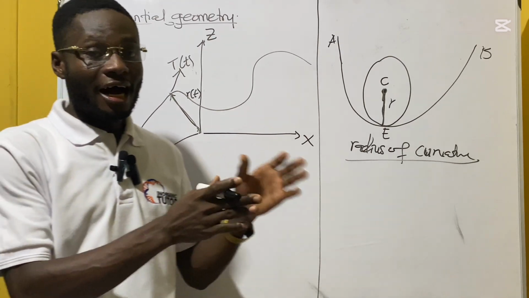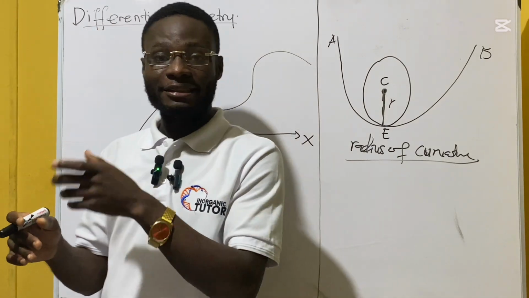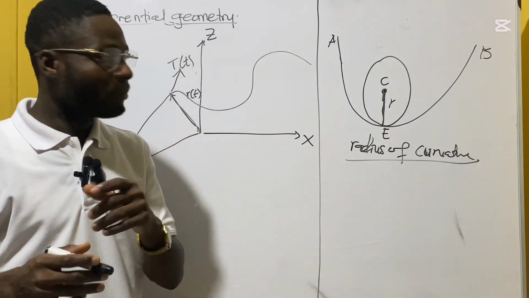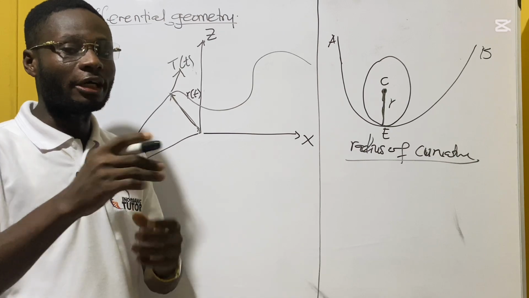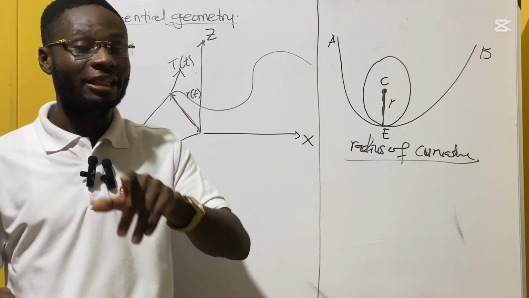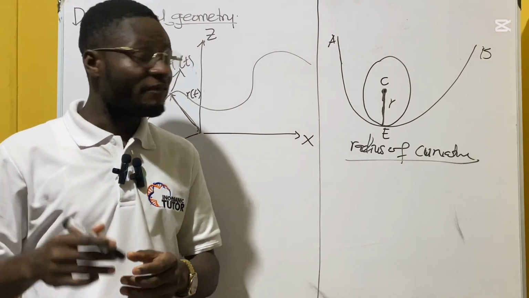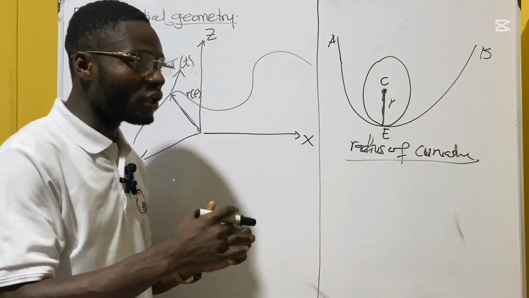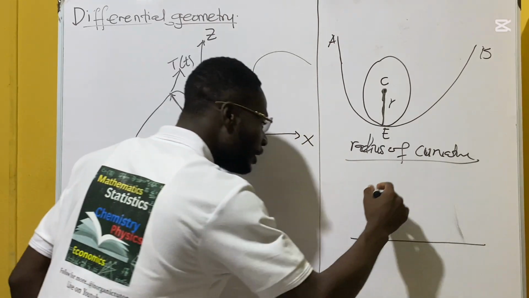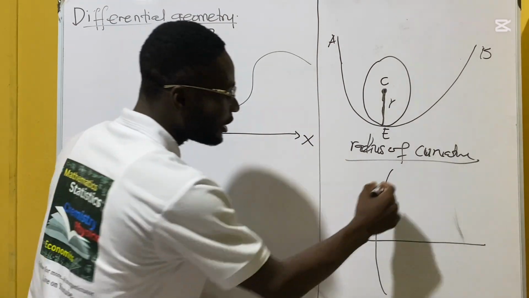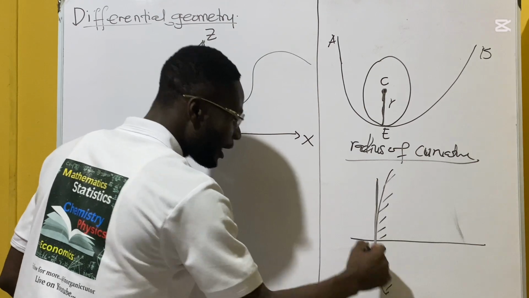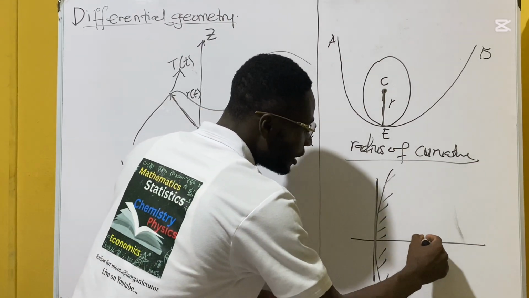These are concepts in differential geometry, and there are some other ones, like the principal normal. When you talk about the curvature, that is when you see the principal normal. Those who studied physics do what we call the center of curvature, and it is drawn this way. You have something like this, and you say this is your mirror, having a reflection behind, and this part you call the